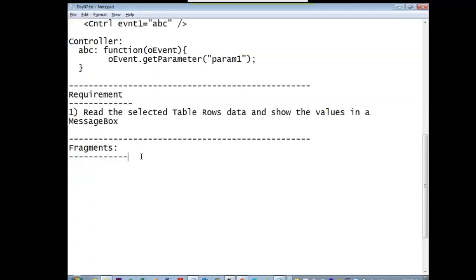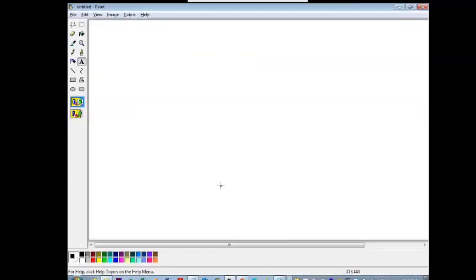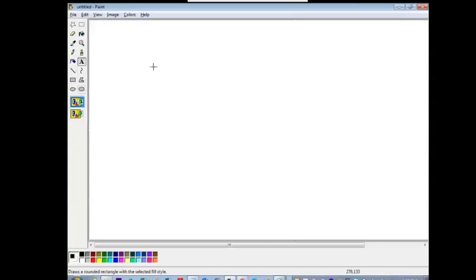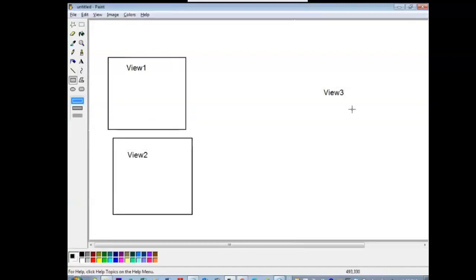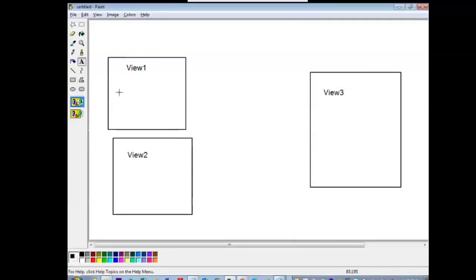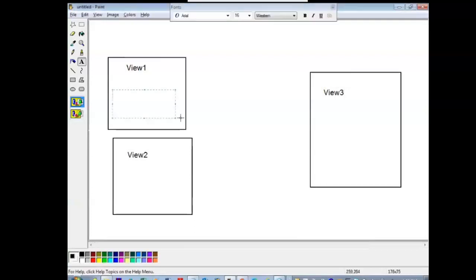Now let us try to understand what this fragment is and how we can use fragments. In view 1, I wrote a simple thing, a button control with a press event.